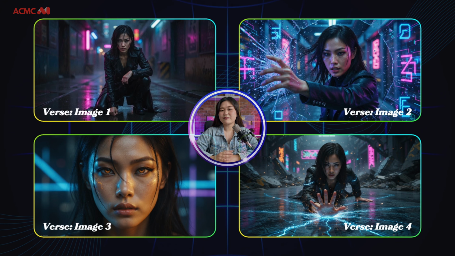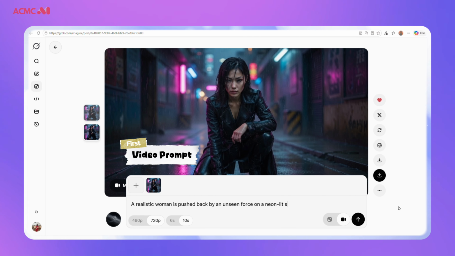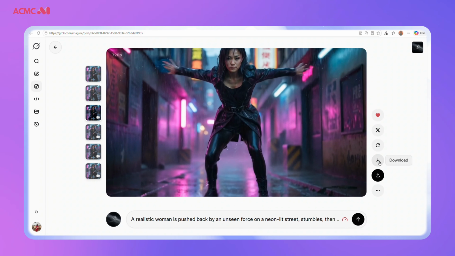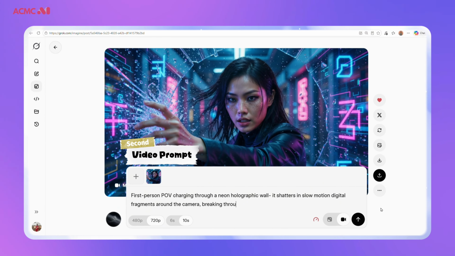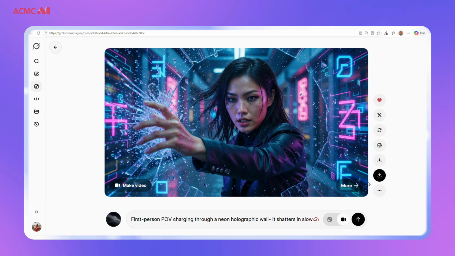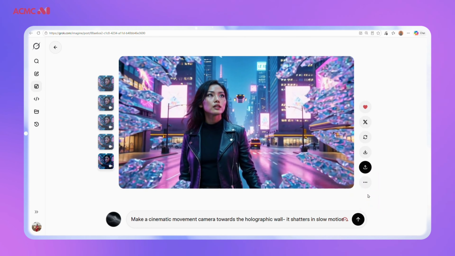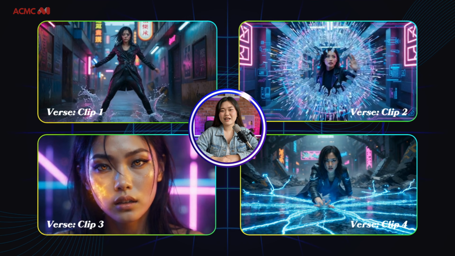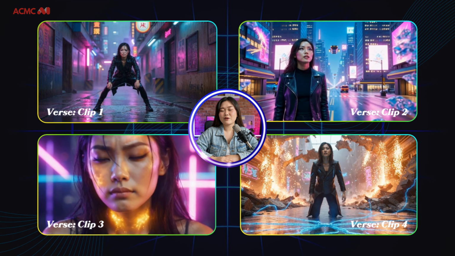Proceed to animation. Clean execution. The movement adds depth without overpowering the scene. Download part 2 and move forward.